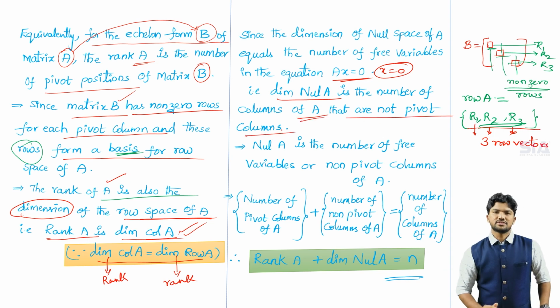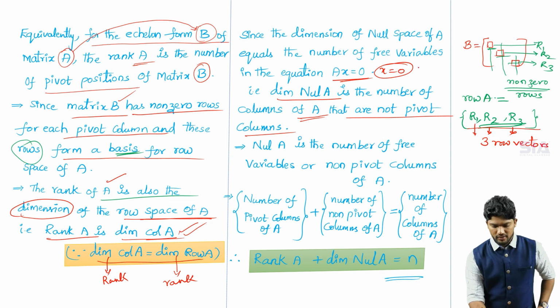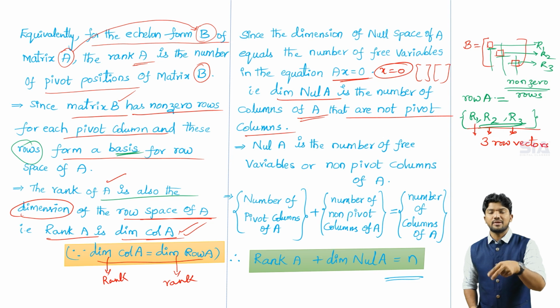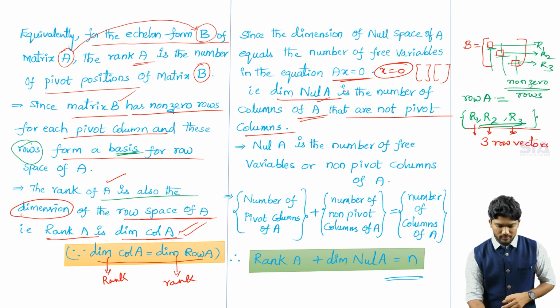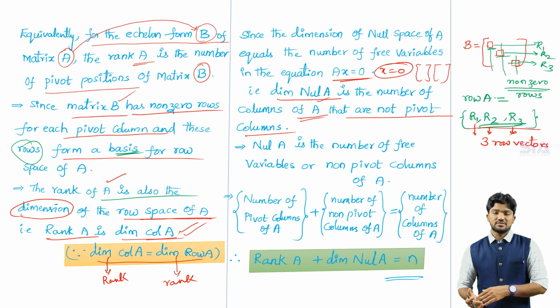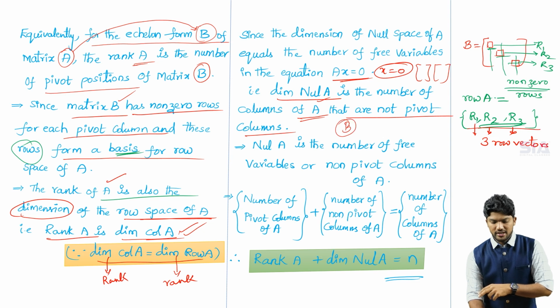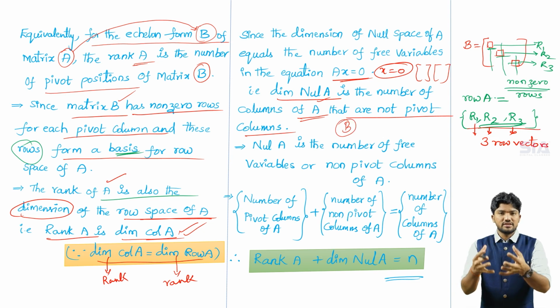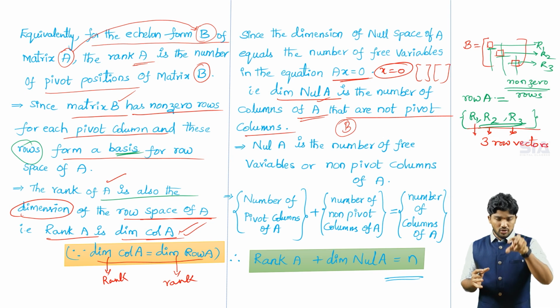not pivot columns. ఇక్కడ డైమెన్షన్ ఆఫ్ నల్ స్పేస్ ఆఫ్ ఏ, నల్ స్పేస్ ఆఫ్ ఏ లో మనకు వెక్టార్స్ వస్తాయి కదా, కాలమ్ వెక్టార్స్. ఈ కాలమ్ వెక్టార్స్ ఎన్నైతే ఉంటాయో దాన్ని ఏమంటాం మనం, డైమెన్షన్ ఆఫ్ ద నల్ స్పేస్ ఆఫ్ ఏ ఇస్ ద నెంబర్ ఆఫ్ కాలమ్స్ ఆఫ్ క్యాపిటల్ ఏ దట్ ఆర్ నాట్ పివోట్ కాలమ్స్. ఆ క్యాపిటల్ ఏ లో ఉన్న కాలమ్స్, క్యాపిటల్ బి లో మనకు పివోట్ కాలమ్స్ ఉంటాయి కదా, ఆ క్యాపిటల్ బి లో విచ్ ఎవర్ నాట్ పివోట్ కాలమ్స్, ఏవైతే ఏ కాలమ్ లో అయితే మనకు పివోట్ ఎలిమెంట్ లేదో ఆ టోటల్ కాలమ్స్, ఎందుకంటే